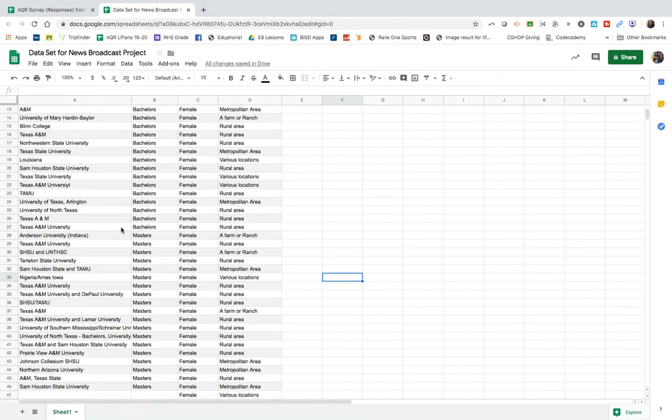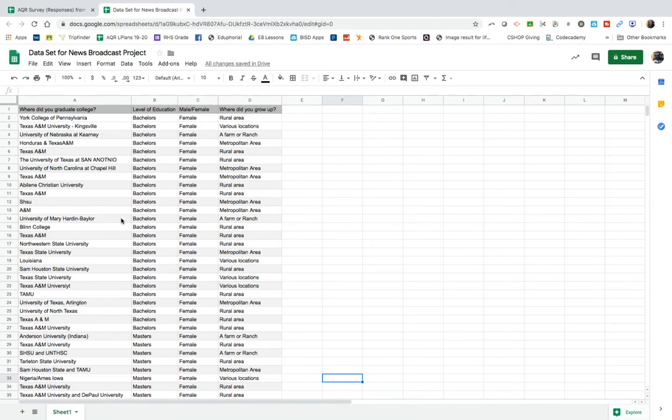We're going to make sure all the information we have is very similar. So I'm going to go ahead, and I've done this with some of the students, and I'm going to edit some of the things. Notice that I have Texas A&M University here, and if you come down here, you got TAMU. Well, I want that to be all the same. So I'm going to copy this,